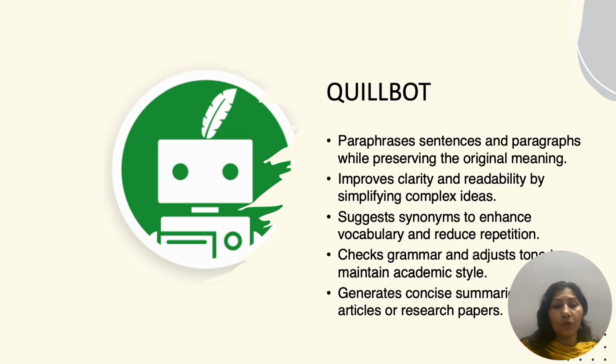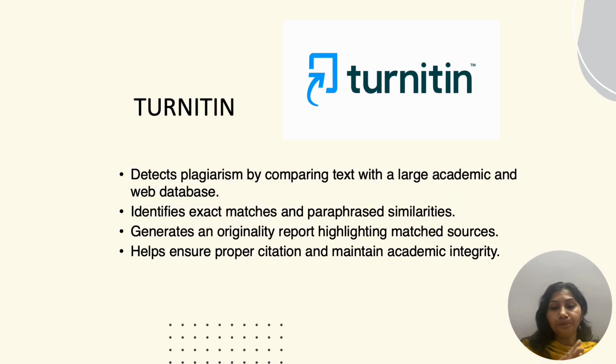The next tool which we are going to see is Turnitin. Turnitin is a plagiarism detection tool. It will show you finally what is plagiarism or AI plagiarism in your manuscript. It is just a detecting tool. It will not help you to remove the plagiarism, but line by line it will show you from where the content has been taken,